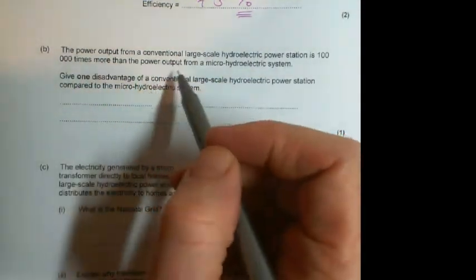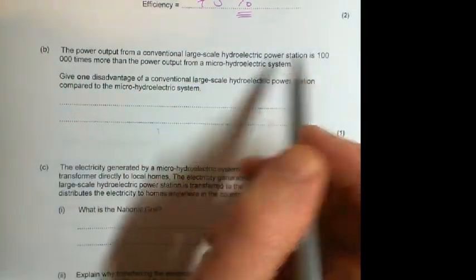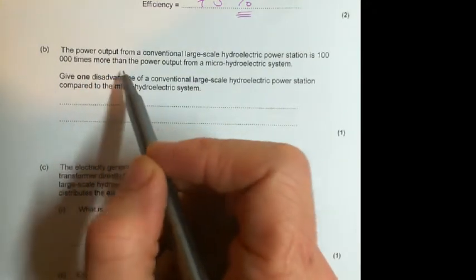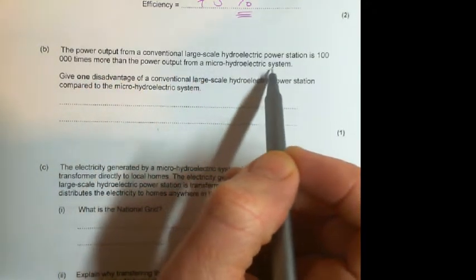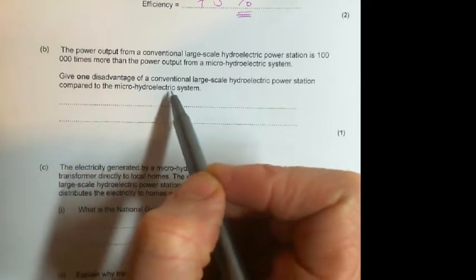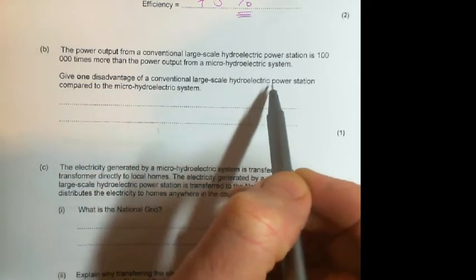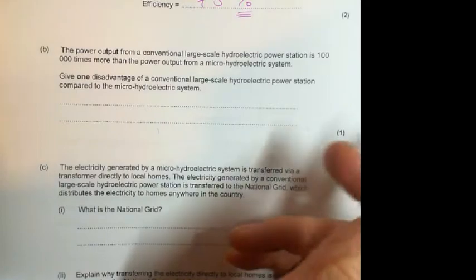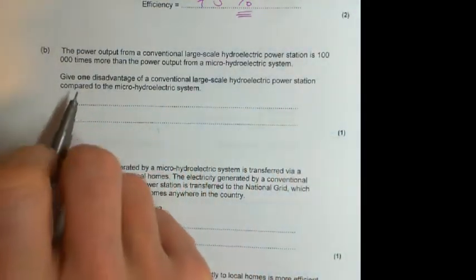The power output from a conventional large-scale hydroelectric power station is 100,000 times more power output than from a micro hydroelectric system. Give one disadvantage of a conventional large-scale hydroelectric power station compared to a micro hydroelectric power station. Okay, so